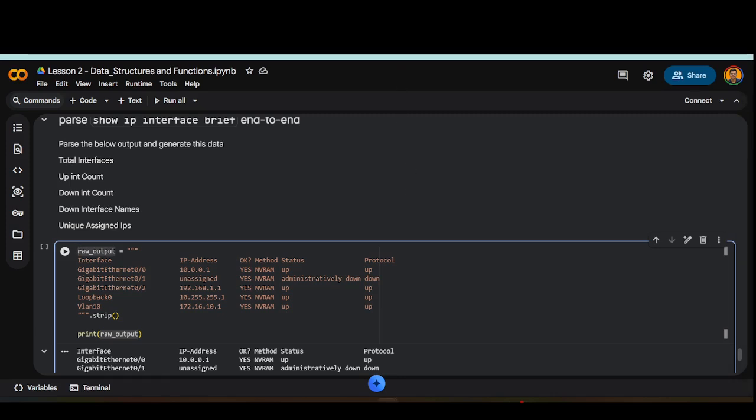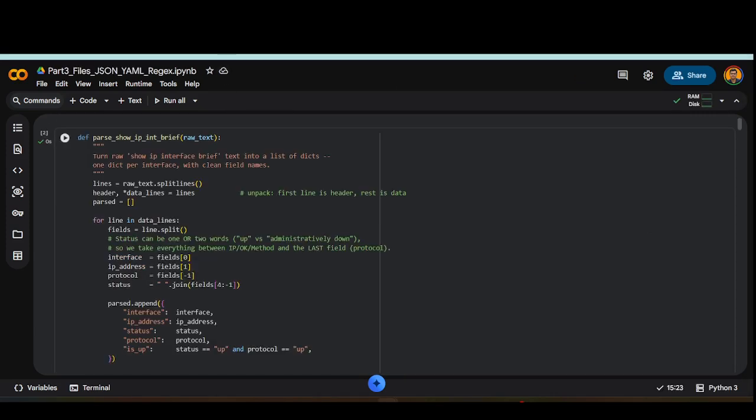Hi everyone. So this is session 3 of a 6-part series where we are discussing Python for network engineers. In lesson 1, we talked about the basics of Python, and then in lesson 2 about some of the data structures. In this session 3, we'll be discussing